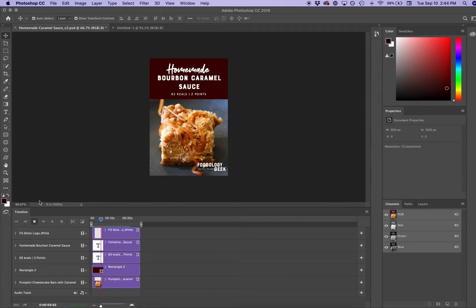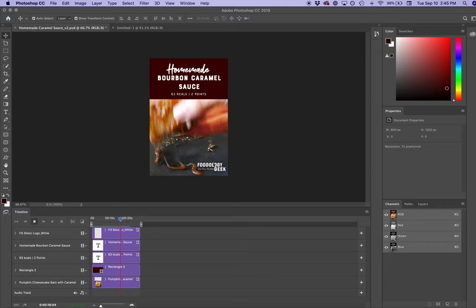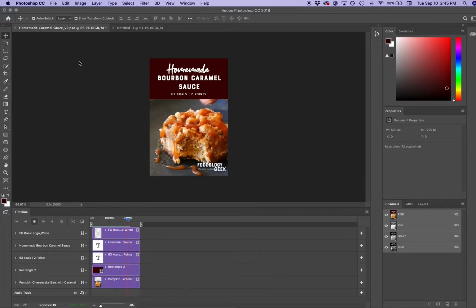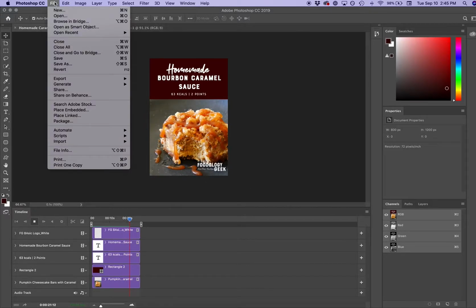I use just a really simple format where I have a color block with the title. You can put whatever kind of information you want or whatever branding that you want to have on your pin. I like to keep a logo on my pin, and anytime you're going to add an element in, you simply go up to File and Place Embedded, and this will allow you to pull a file in that's already been created. And you use this function if you're placing something like a graphic that you've created in Illustrator or